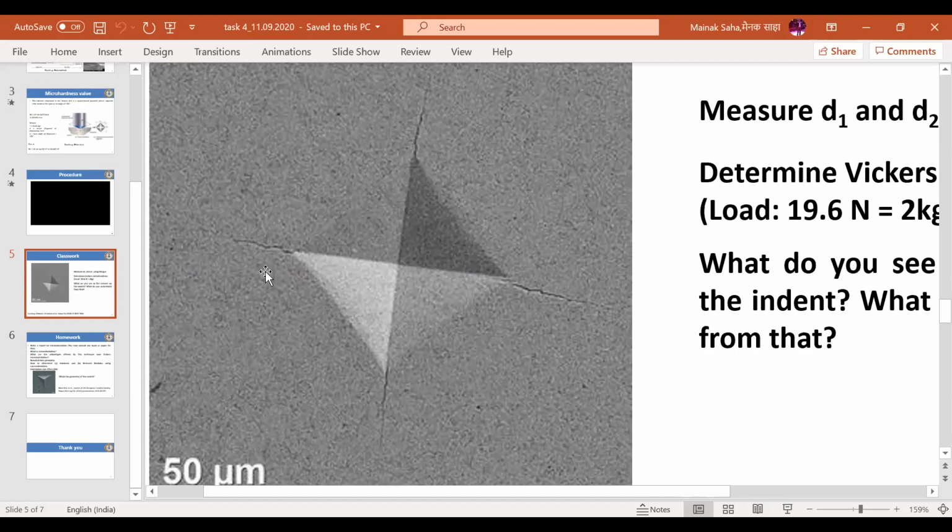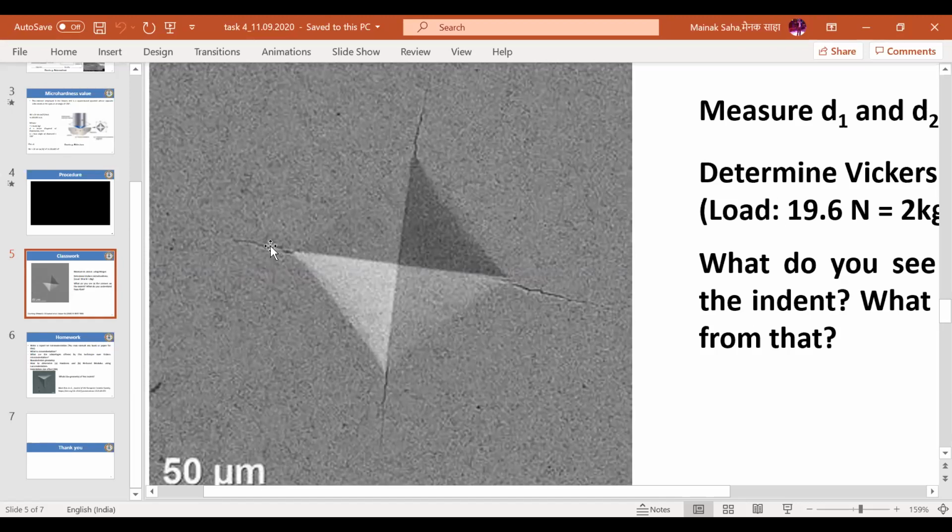But again, these cracks are sometimes very essential. People want to induce cracks, though of course not in engineering applications. In engineering applications, if you induce cracks, you're gone; the entire structure is going to fail. But of course, if you are having cracks, this can be used to find out things in later stages.